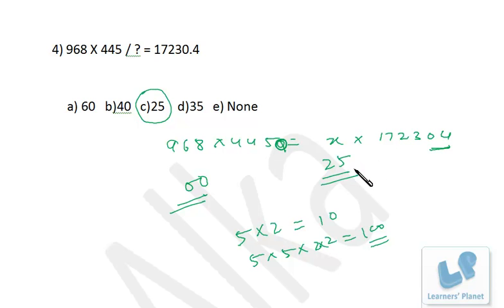You can mark that, and if you wish to verify that, you can very well verify the same by the digital root method, right? 9, just cancel it out. 8 plus 6, 14, that's 5. 4 and 4, 5 and 4, 9, that's, we are left with 4. So 5 into 4, the digital root of left hand side is 2, right? Now I just check it out with 25. See, 7 into 9, 4 and 3, 7 and 1, 8 into 5 plus 2, 7. So that's 56, that's 11, that's 2. So the digital root of both the sides is also matching. So 25 is the correct choice. Okay. I hope you are clear.